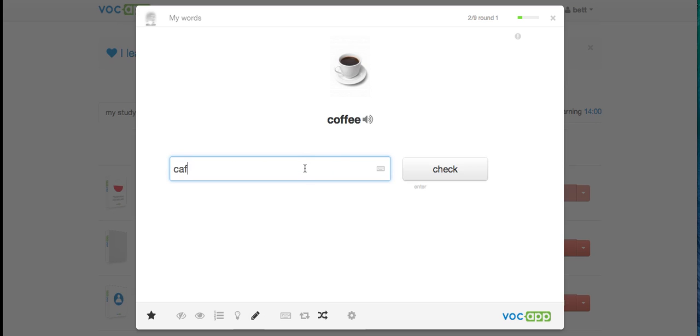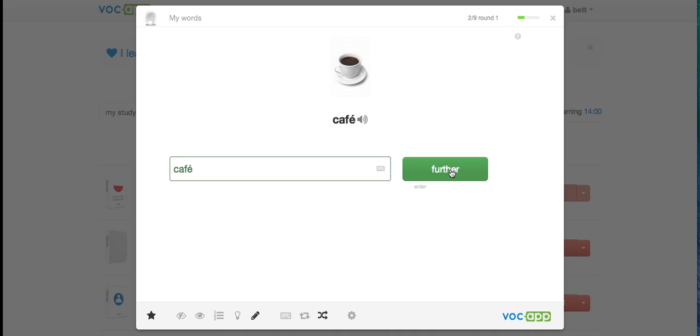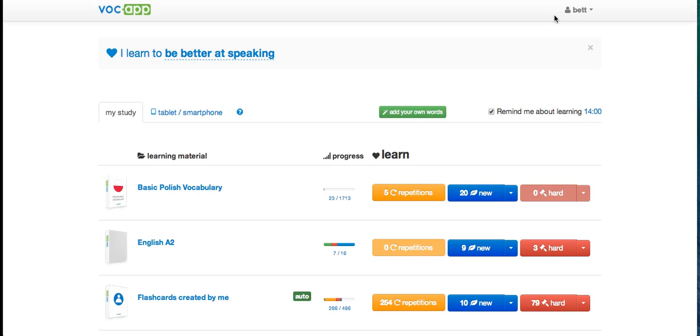Okay, let's say that I don't have a Spanish keyboard, but you can always just write Café. Yes, you can always use the Spanish one, of course. Here there are different keyboards for different languages as well. All right, so we now have our learning, but there is one more thing which I think is really cool,